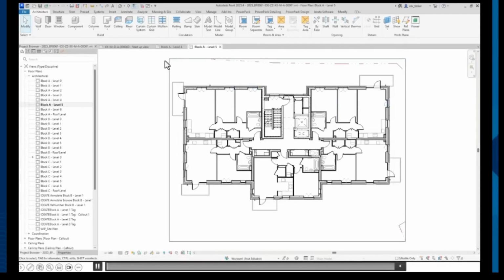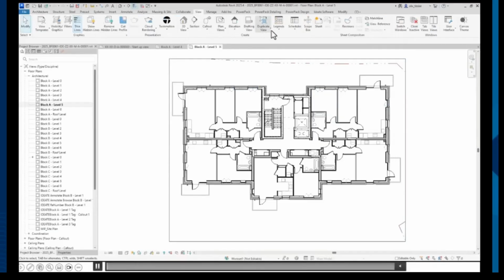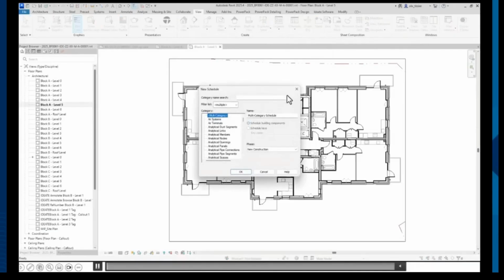So we're going to talk about how to leverage key schedule data. Here we see a floor plan of a multi-family building. For this project, you might want to create a Revit key schedule based on room finishes. Now, you may already know how to create Revit schedules, but we'll quickly just walk through the process here for context. So to do so, you would go to the View tab in Revit ribbon, select Schedule, and then select